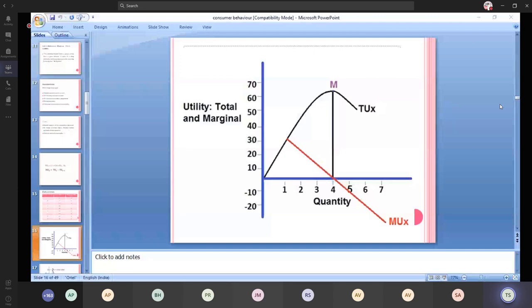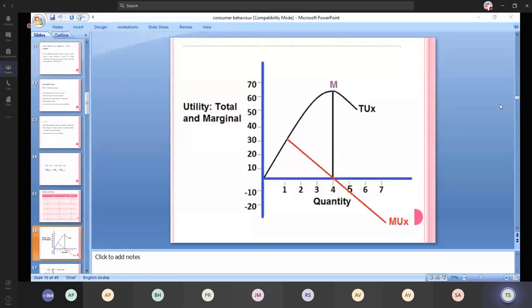And the zero marginal utility is the point, here it's 5. So on the purchase of the 5th unit, the total utility will be the maximum one. And afterwards, if the purchase continues, the marginal utility turns negative. So this dissatisfaction starts from the point of zero marginal utility.